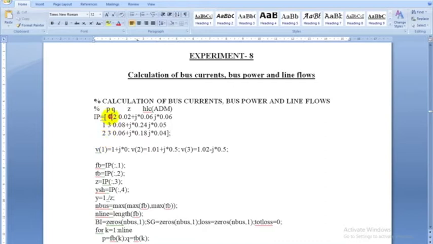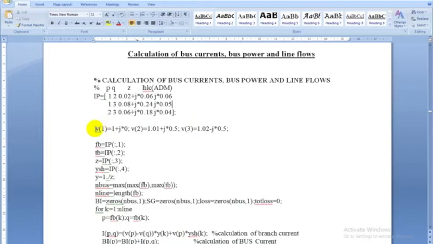The first column elements are 1, 1, 2, second column 2, 3, 3, third column the complex values in the format 2 plus J3, and the fourth column likewise. Type these things, and as I told you, V is a matrix, in which I defined V of 1, V of 2, V of 3, that is the first, second and third element of the V matrix.